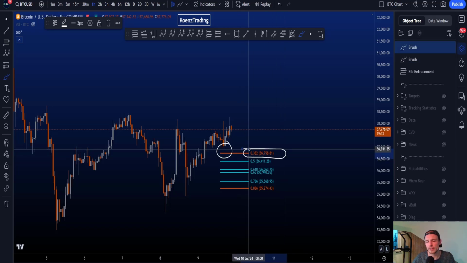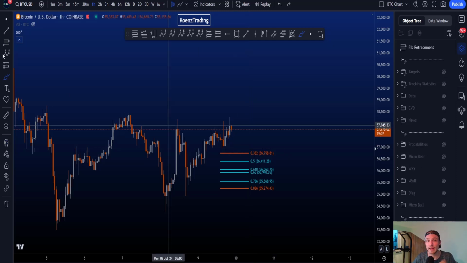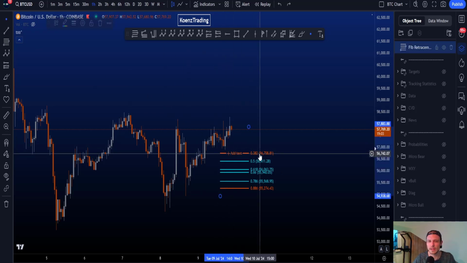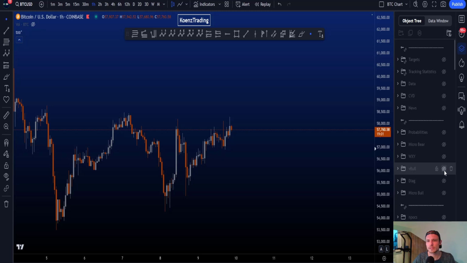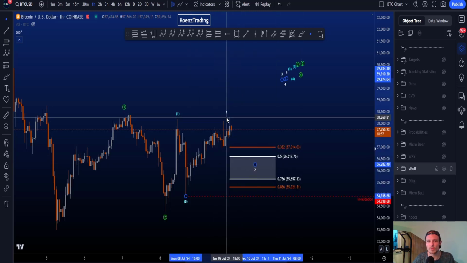And the 0.382 would be a minimum target for a wave 2. It is very rare for a wave 2 to not hit the 0.382, and actually that is rare for any structure, also for a wave B as well as a wave X. So preferably we still see price moving down in this more bullish scenario where we then aim for a wave